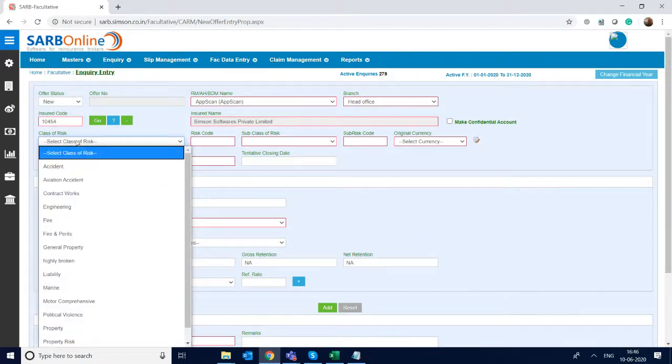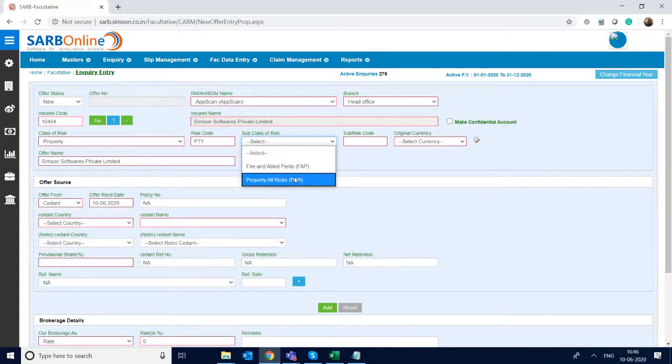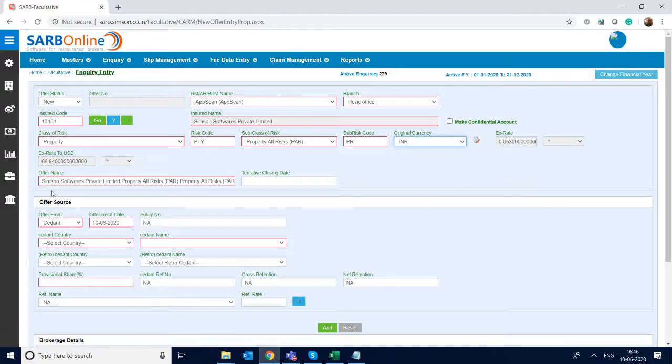Now I select property from here and subclass as property all risk. Then the Indian rupees as a base original currency. You can take your own currency. This you are familiar that offer name is automatically coming.